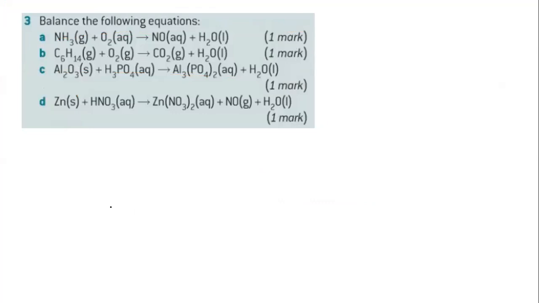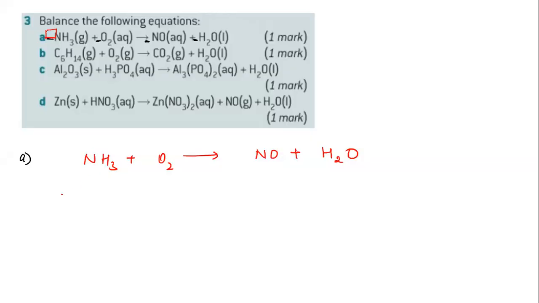Okay. Now see the first equation. Do you want me to do it, or will you do it? Okay, do one thing, just try to do this equation, then I will tell you. Fine. Now first of all write down how many N, H and O. N is 1, hydrogen 3, oxygen 2. In this case N, H, O: N is 1, 1, 2. H is 2, oxygen is 2. Clear? So the problem is with hydrogen only.